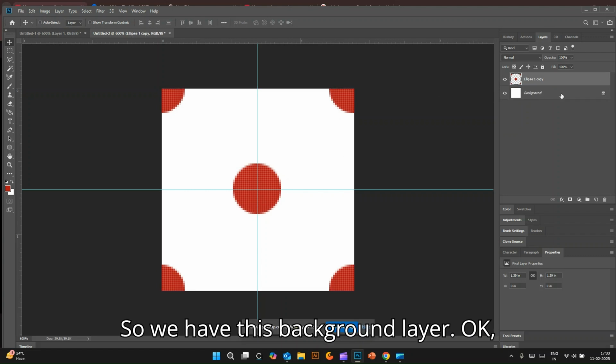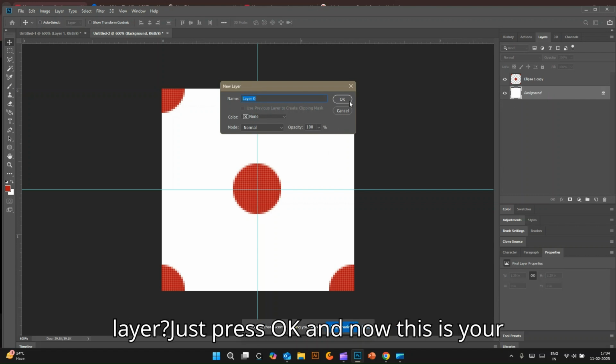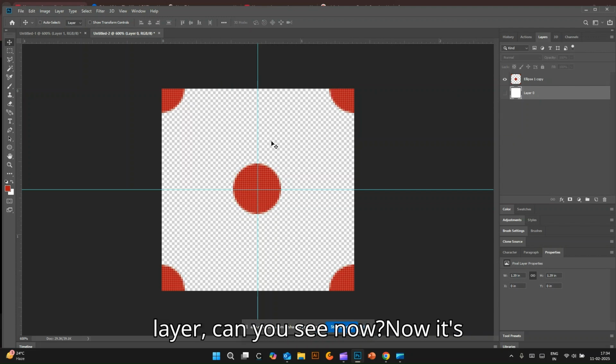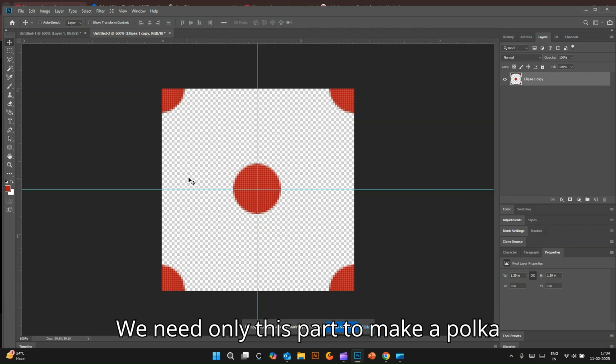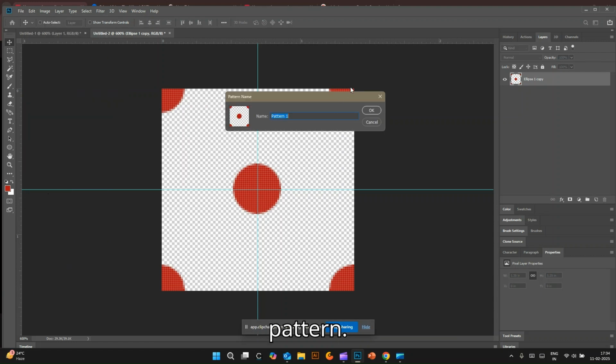So we have this background layer. Okay, double click on the background layer. It will ask that do you want to create a new layer? Just press OK, and now this is your new layer. If you're going to hide this layer, can you see now? Now it's transparent. So that's what we need to do. Delete this layer. Now we have this. We need only this part to make a polka dot pattern. Okay, go to Edit and Define Pattern. I'm gonna name it like red